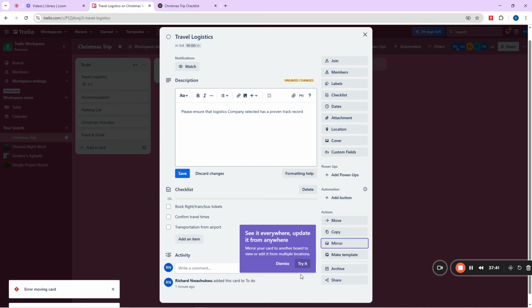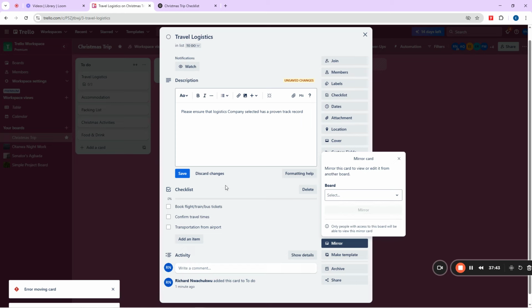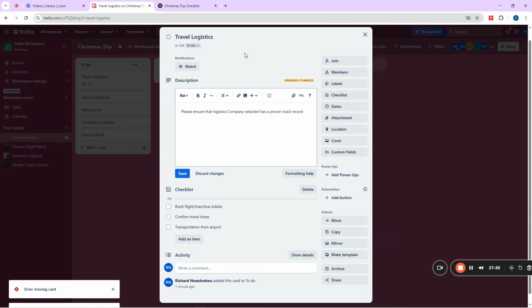Now, look at it now. Of course, it's a group travel, so somebody must be doing all this for us. We cannot just be the only one doing everything. So this is a list of checklists that must be done before we can say we are done with the first stage of our travel plan. Who will now do all these tasks here?